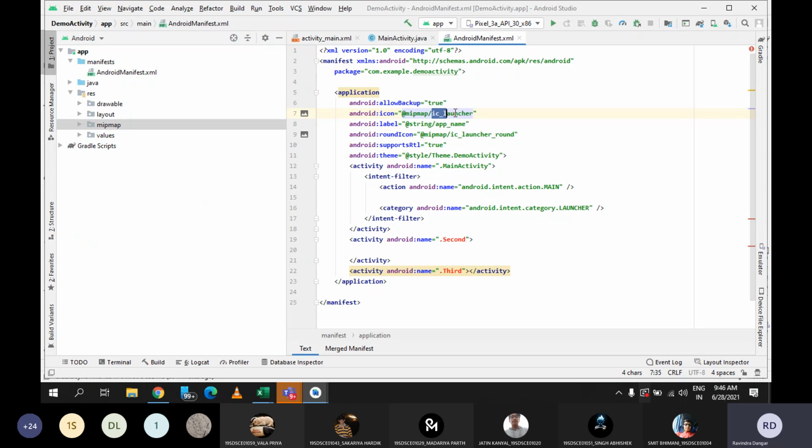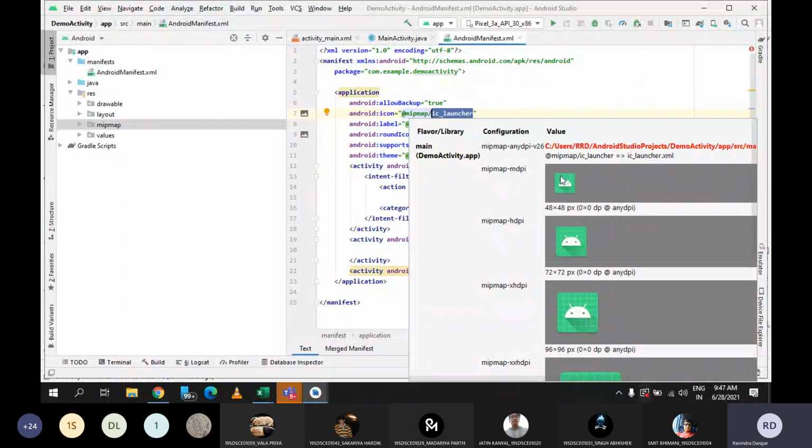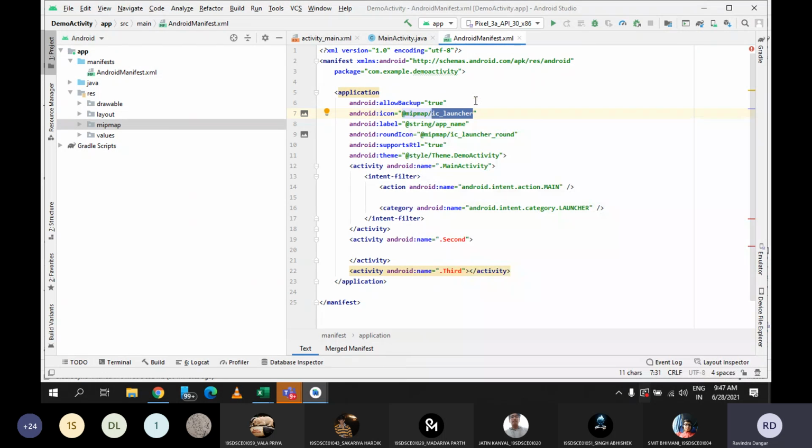So if you want to change it, you can download the image, you can paste that image in the mipmap folder, and you can rename it, and that name you can simply pass here. So whatever icon is there in the mipmap, that same icon will be displayed in the Android application. See, this is the icon as of now. So by default, ic_launcher looks like this. But instead of this, if you want your photo, if you want any specific photo, then you can do that also. So for that, again, the AndroidManifest file is very important. You need to use this file because there is the property android:icon, and you need to set your icon by modifying this code. Is it fine?